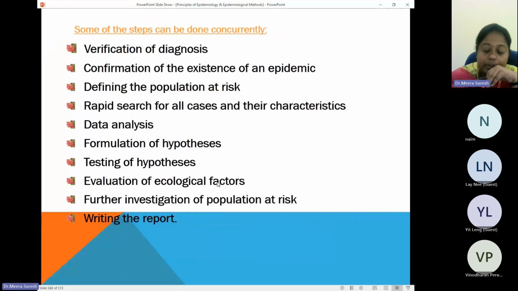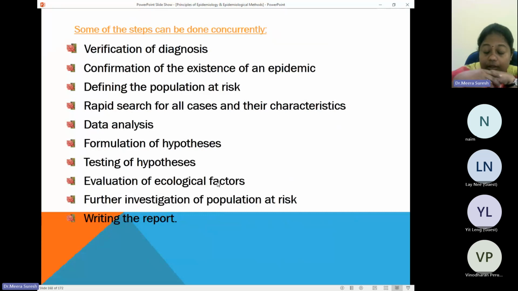We can start the treatment of the patients even without verifying the diagnosis. But if we are going for an epidemiological investigation, we need to verify the diagnosis, what the disease the person is having. So we have to verify, confirm the existence of an epidemic, define the population at risk, who are